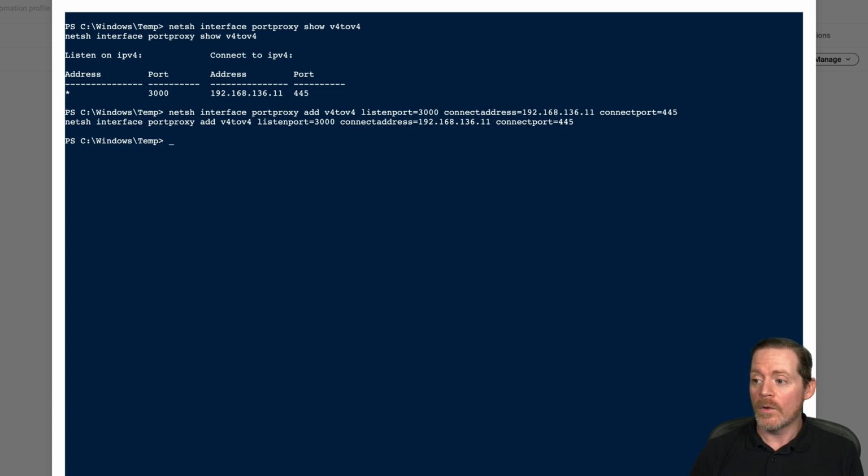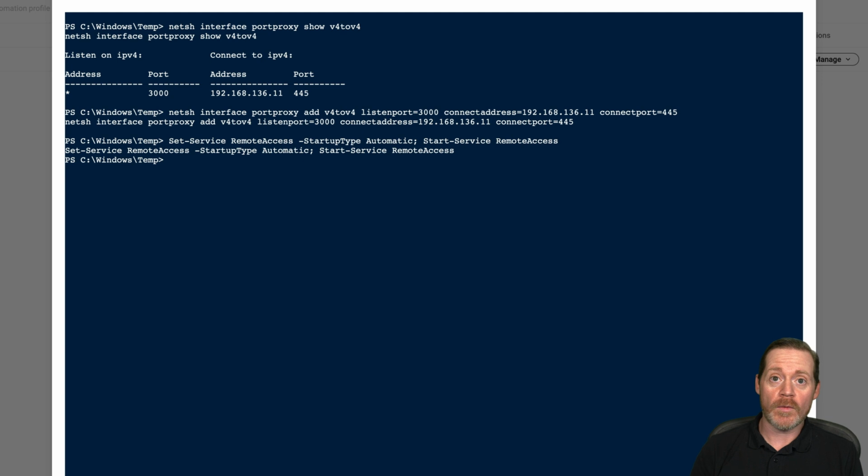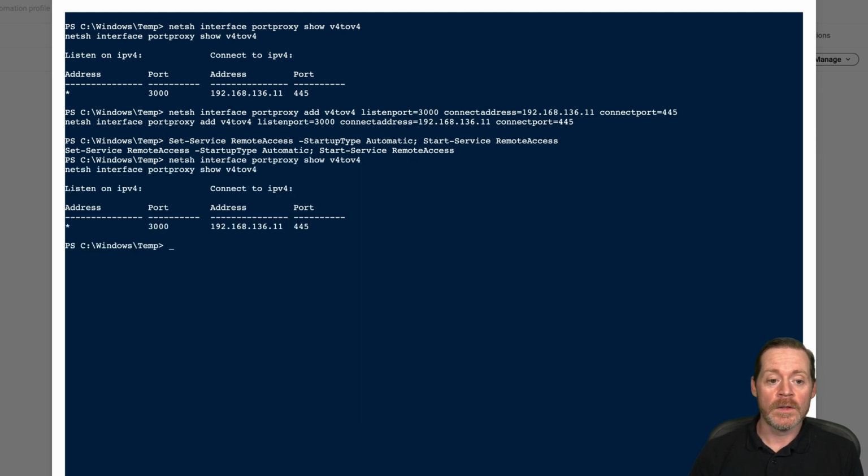And now we just finally need to show our service state for remote access, because we have to set our service for remote access to auto start and then run it. So if we do Set-Service RemoteAccess -StartupType Automatic, and then Start-Service RemoteAccess, this turns Windows into a router. And quite simply, what we're worried about is when I send to port 3000 on this host,